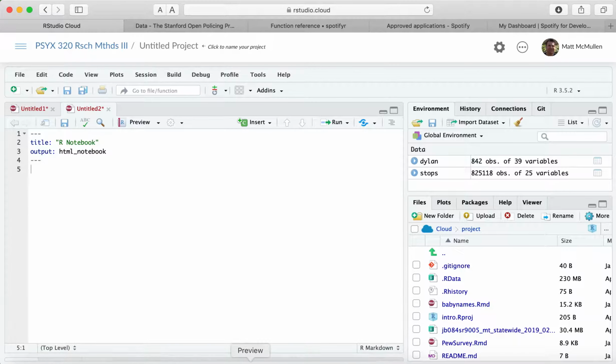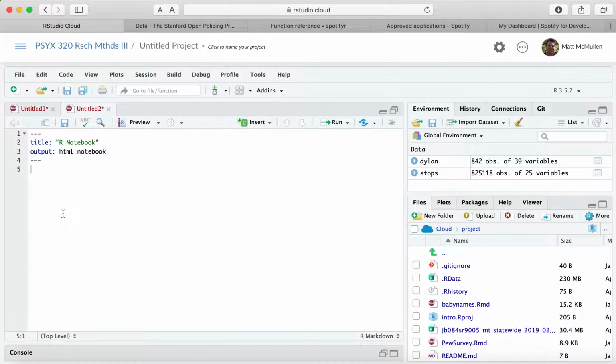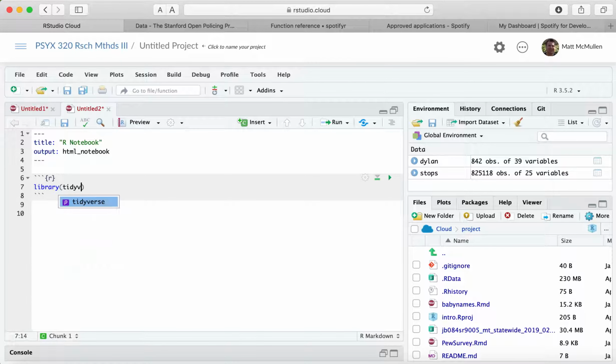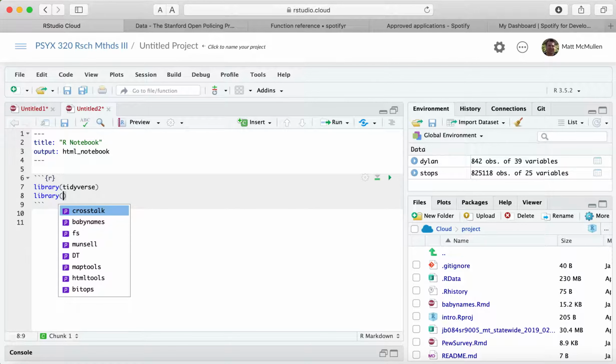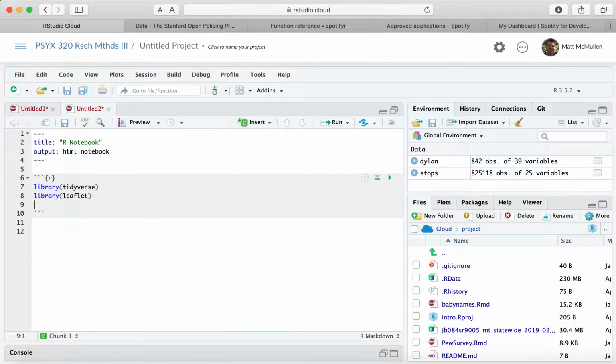And so, like before, you should make sure that you load your tidyverse and maybe Plotly, or actually a couple of other ones. We might want to do Leaflet, which is for mapping, maybe even Lubridate, which is the one that deals with dates and times. And then now if we glimpse the stops data,